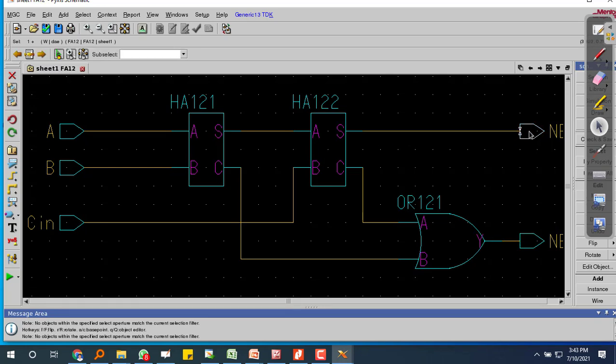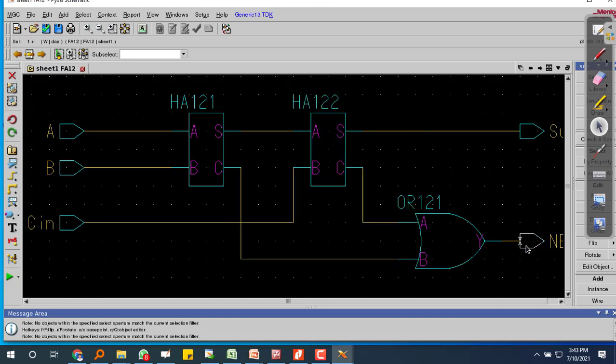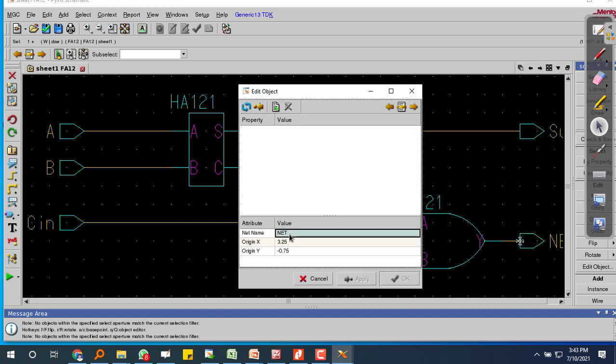So this one is sum, and this one is Cout.